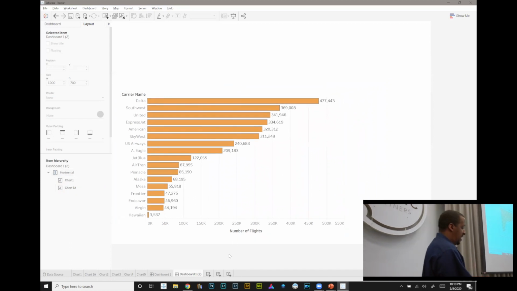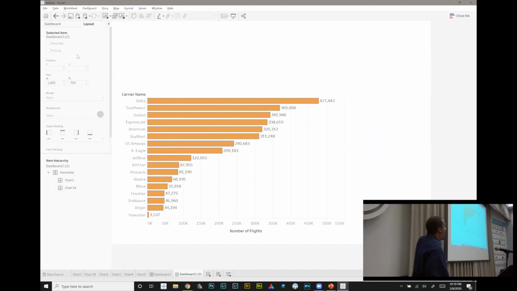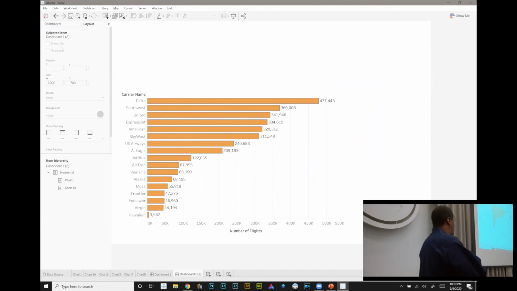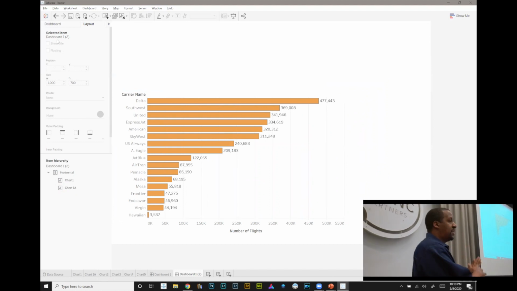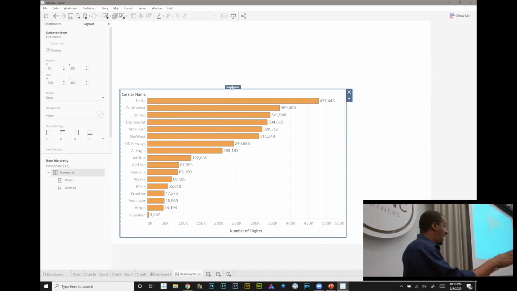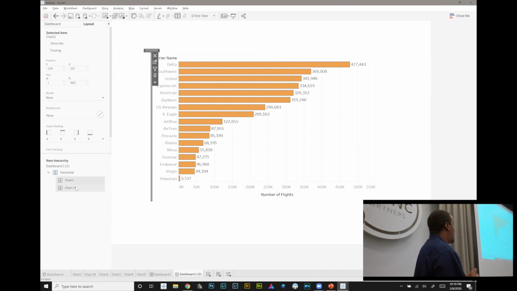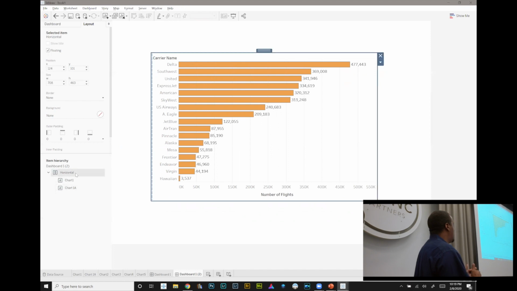And this all goes back to really, like I said, understanding what you see right there on the left, that hierarchy. That hierarchy is your Bible. That's the thing that you want to live and die by. When you're having problems with dashboards, you can probably figure out when it's layout containers, 90% of what's going on just by exploring that. Because that's going to tell you exactly where every object is, and that's going to give you a way to delineate exactly what you need to do and how you